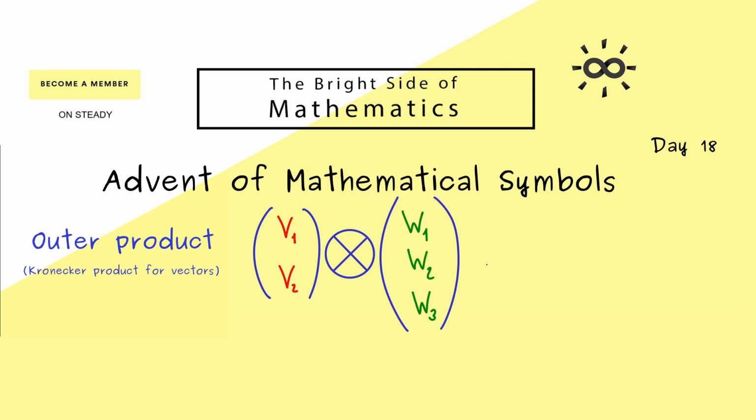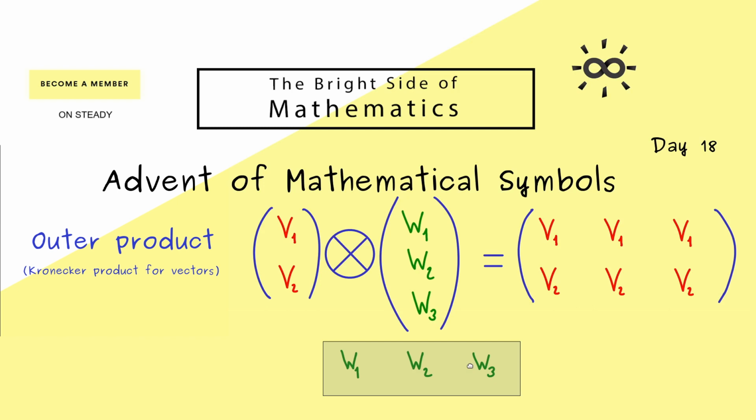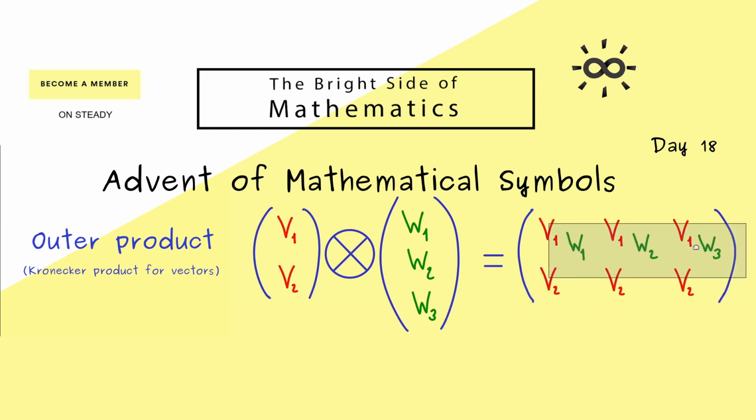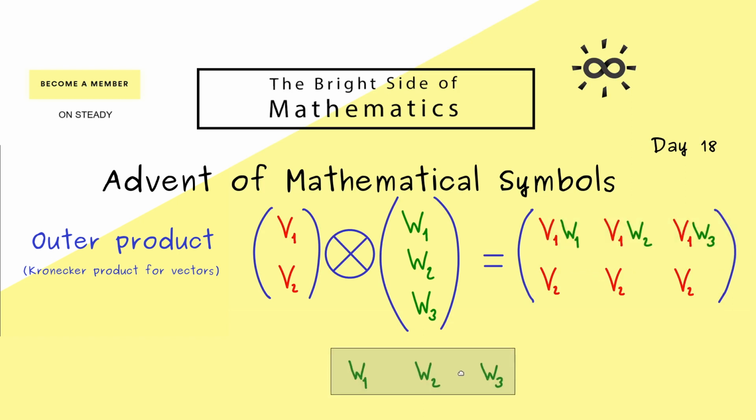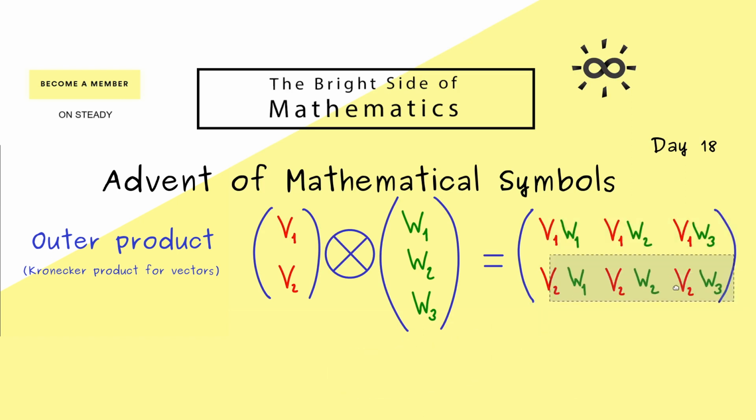And now what should come out is a matrix. Indeed, the height of the matrix is given by the vector v and the width is given by the vector w. Now, the entries of the matrix are not so hard to remember, because in each column of the matrix we first find a copy of the vector v. Of course, the vector w comes also in, but now we find a copy of it in each row. This means that you first have to transpose the vector and then you can push it to the row. And in the same way, we have it for the second row.